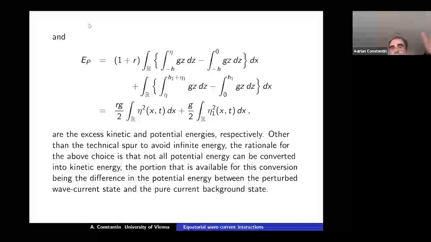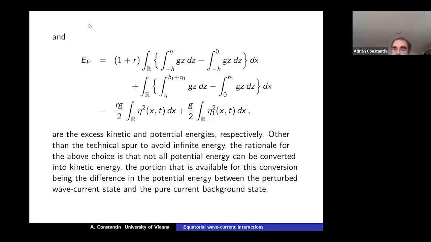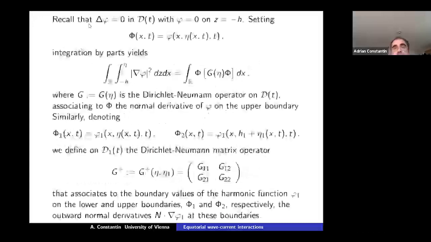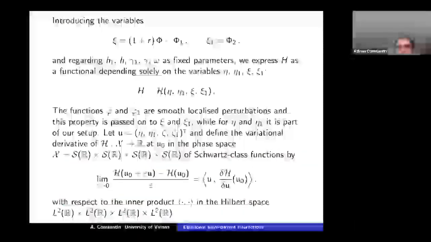Okay, so what are the variables now? And as I said, the inspiration for this work is the work of Zakharov from the 70s for deep water gravity waves, and then the subsequent work by Craig, Catherine, and others where these ideas were developed in other settings, irrotational flow, but with surface waves, internal waves, and also derivation of Hamiltonian model equations. So the idea is the following. Maybe before I go through this text, okay.